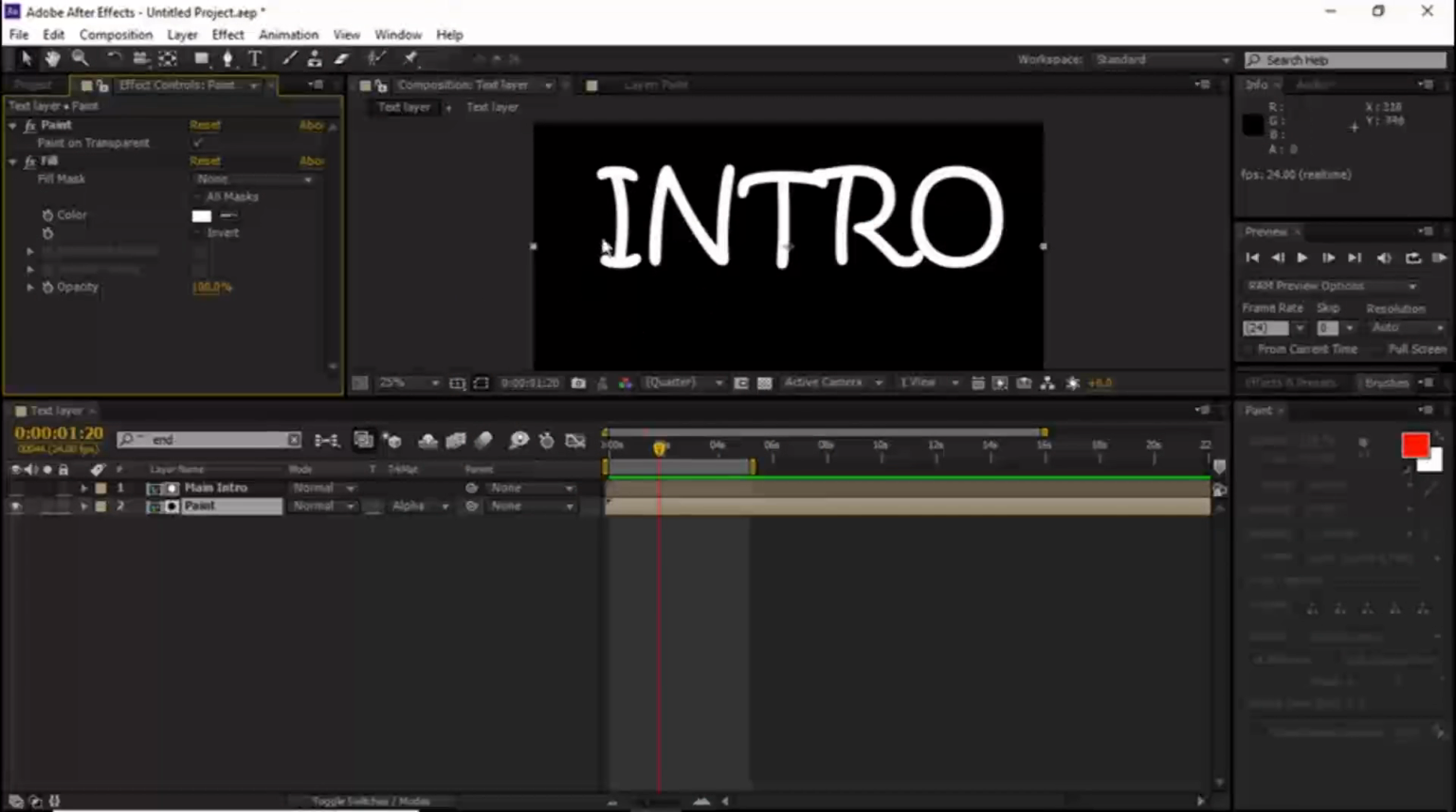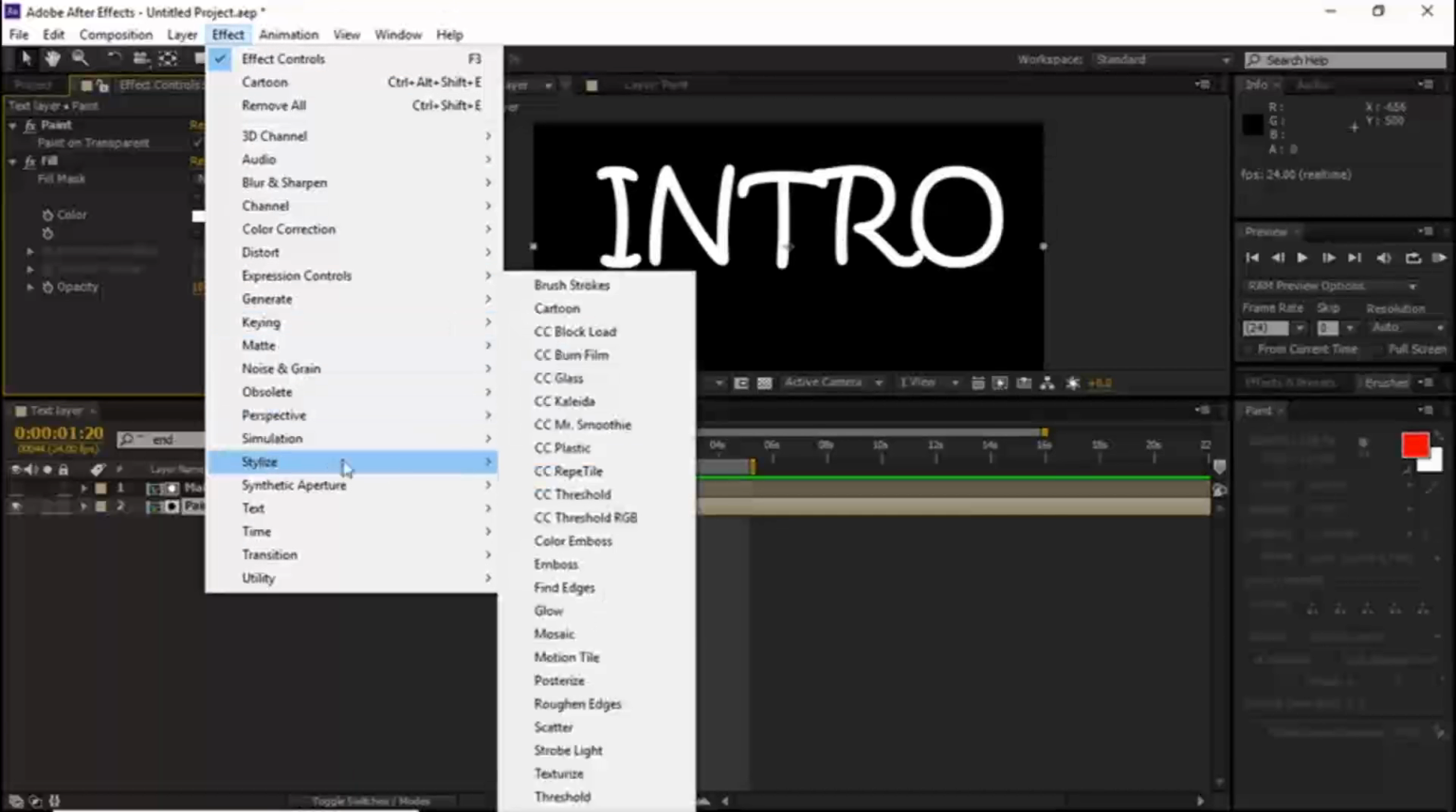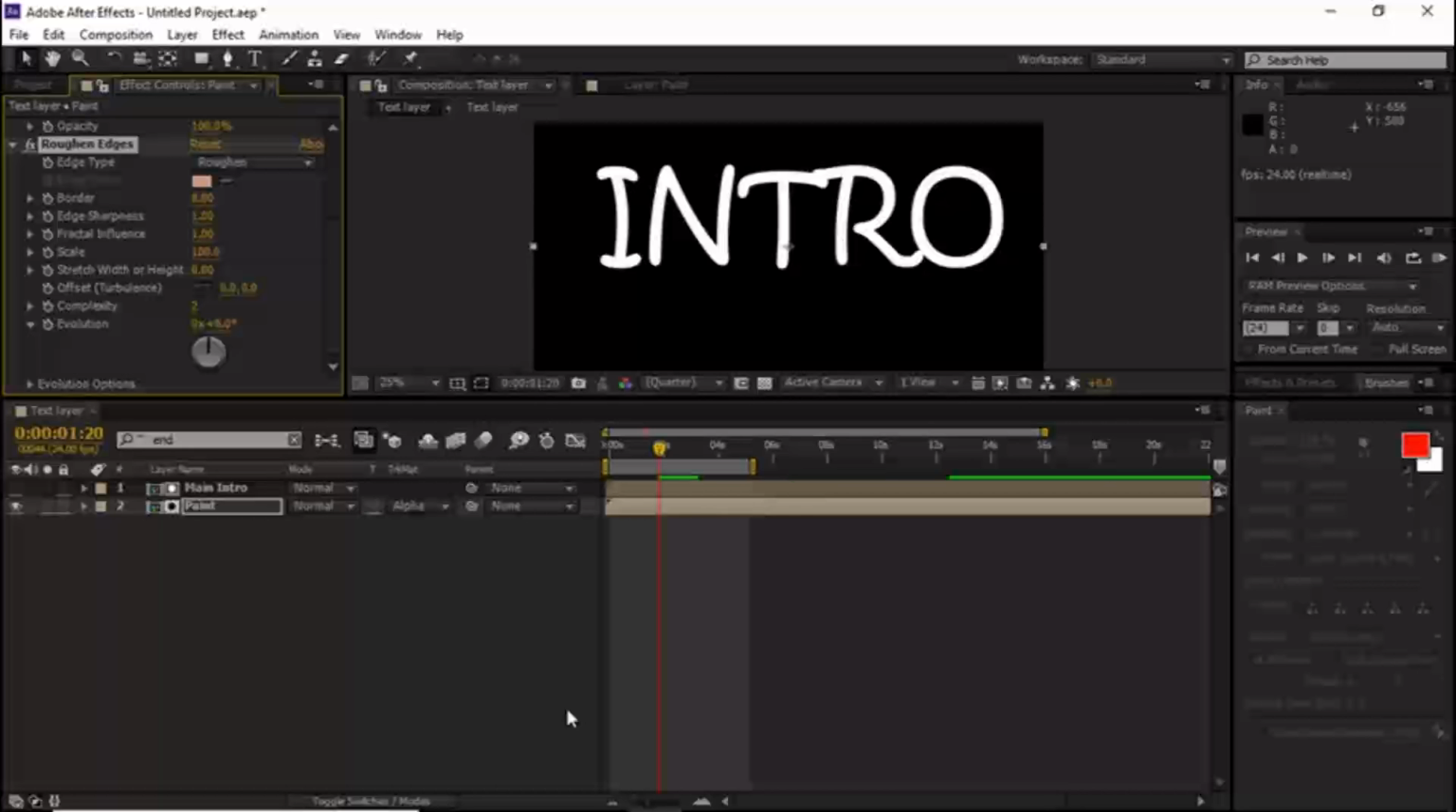Maybe if the edges are too rough for you, depending on the brush sizes you used, you could make it look a little bit painty like. What you can do in that case is go over to the effects panel here, then stylize, and then roughen the edges a little bit. So using this, you will